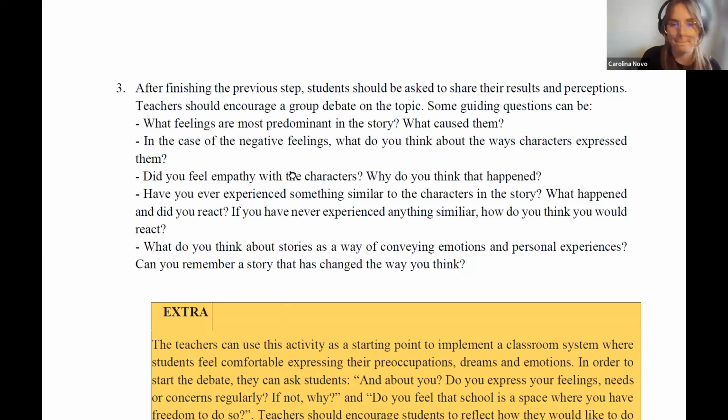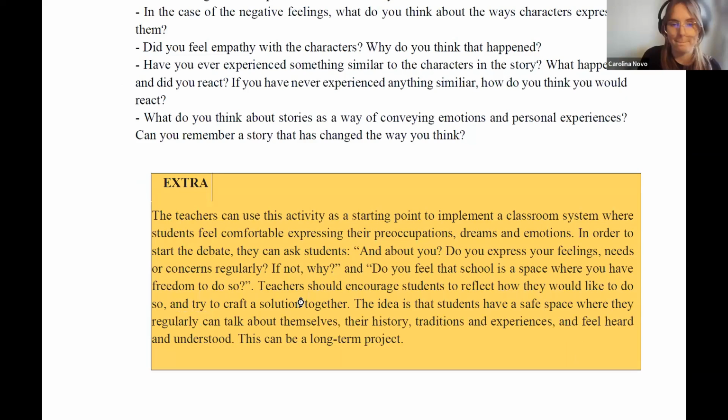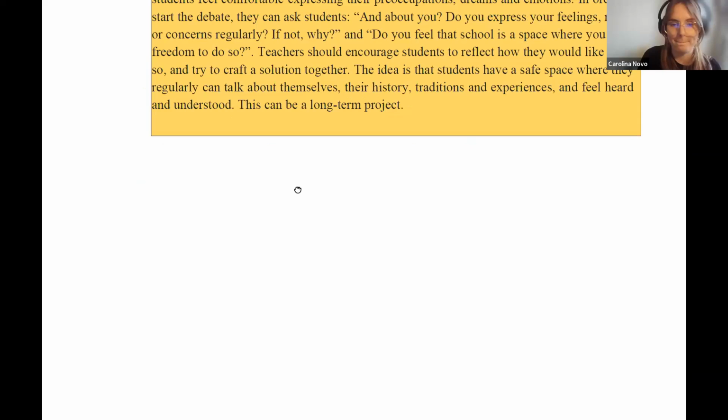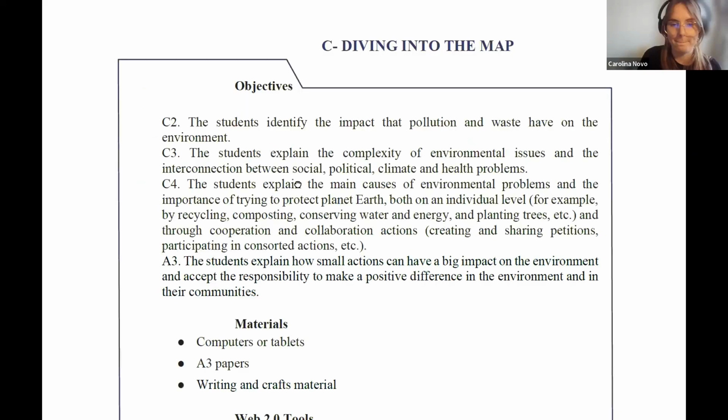Then in activity C, as I said, they go back to the maps. In activity A, as you remember, they go to Google Maps and they select areas to explore. And here we are going back to that part related to the environment. As you can see, most of the objectives are related to the environment and the green skills. But we also have an affective domain objective related to understanding our own responsibility, developing self-awareness and self-responsibility, and making a difference in our own lives.